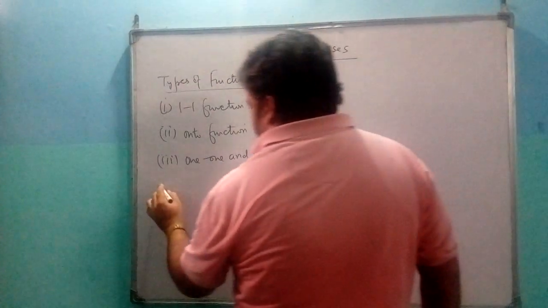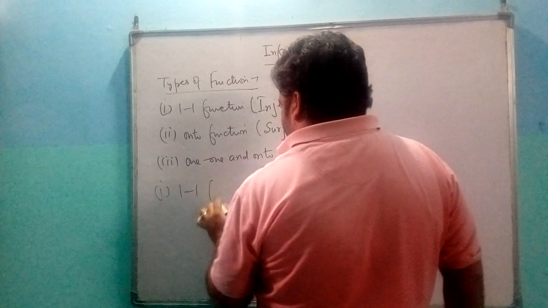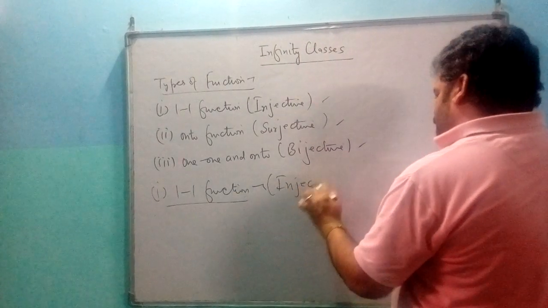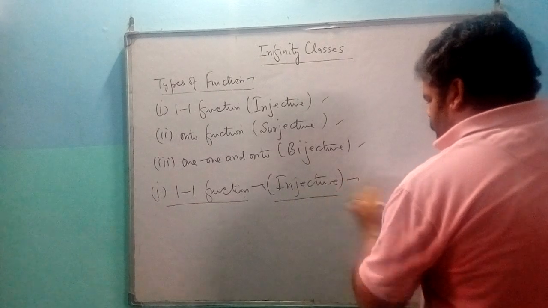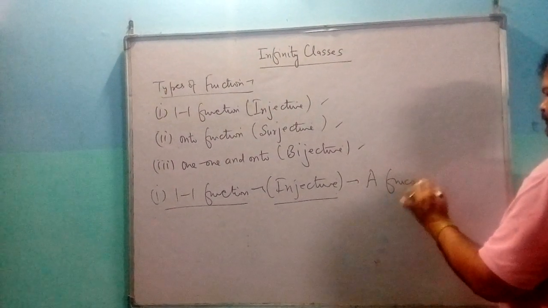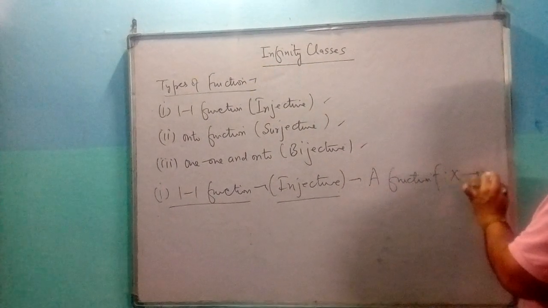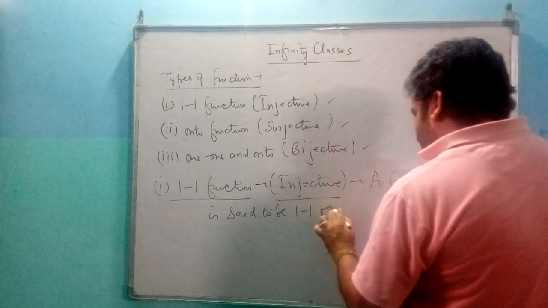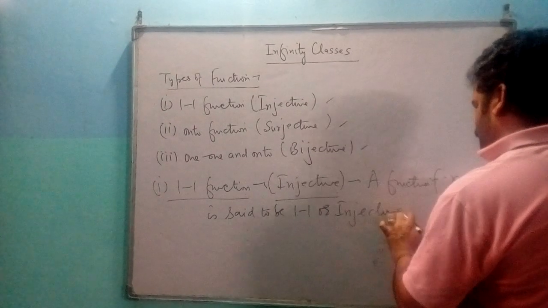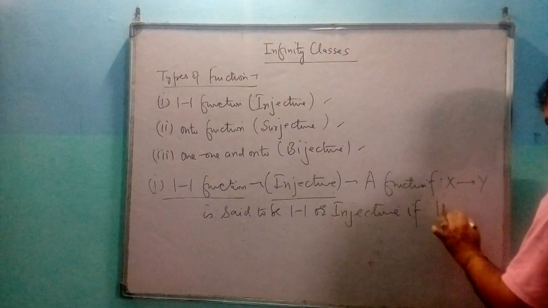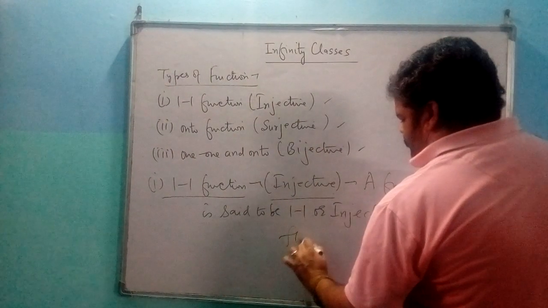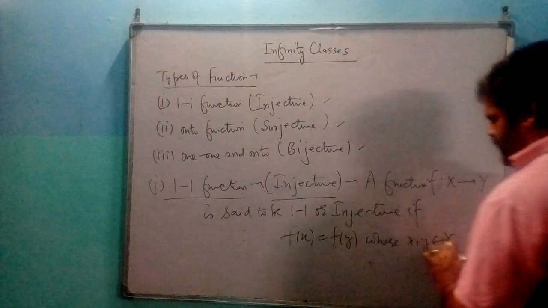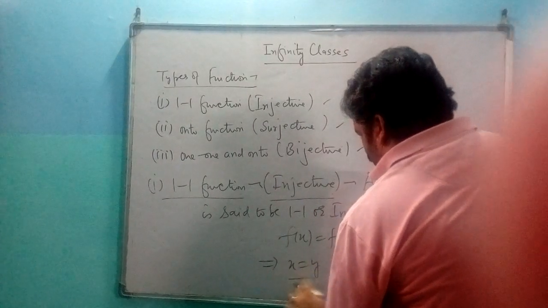One one. First we discuss about one one function, which we also call injective. A function f from x to y is said to be injective, one one or injective, if f of x is equal to f of y, where x and y belong to x, it implies that x is equal to y, or